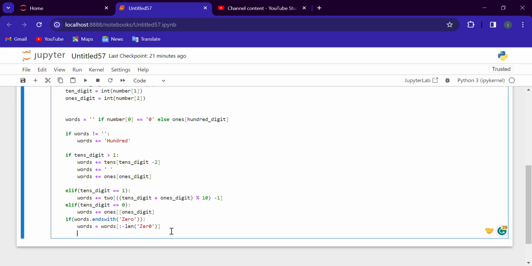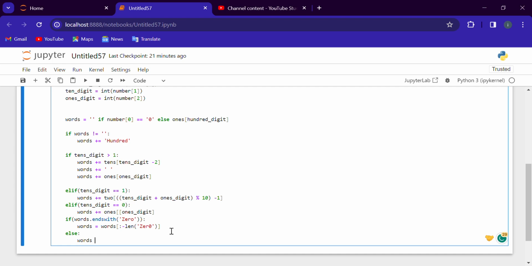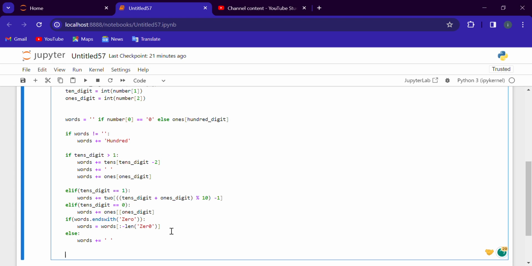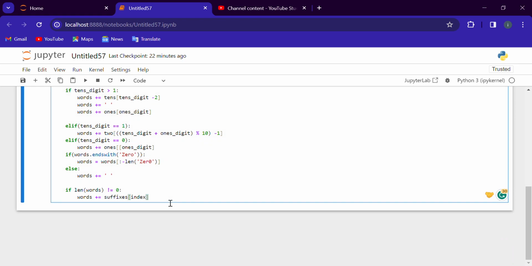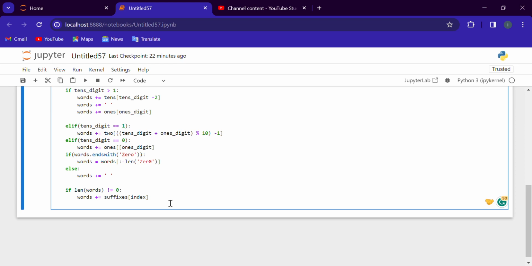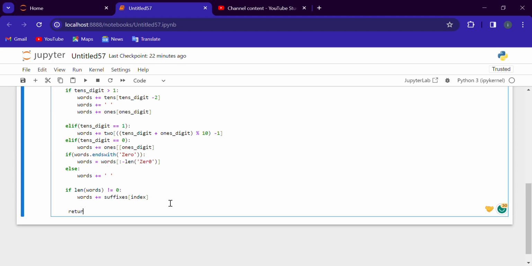Otherwise, else, words will contain nothing. Now we are saying that if length of words is not equal to 0, meaning words contain some digits or numbers, then words plus equals to suffixes. So if the word's length is not equal to 0, then add the suffixes at the index of suffix, and return